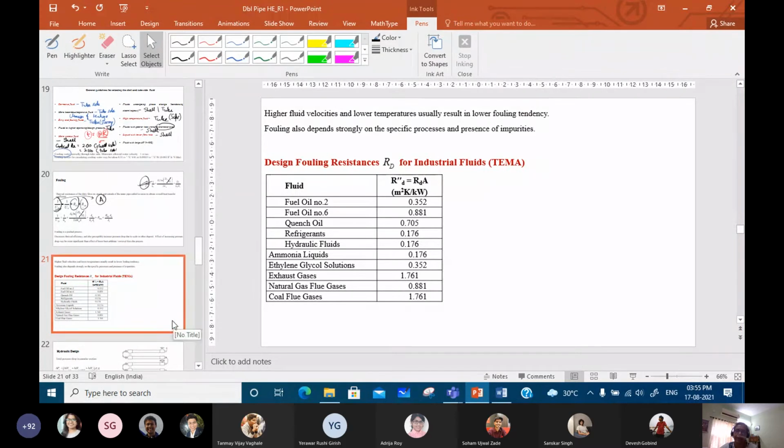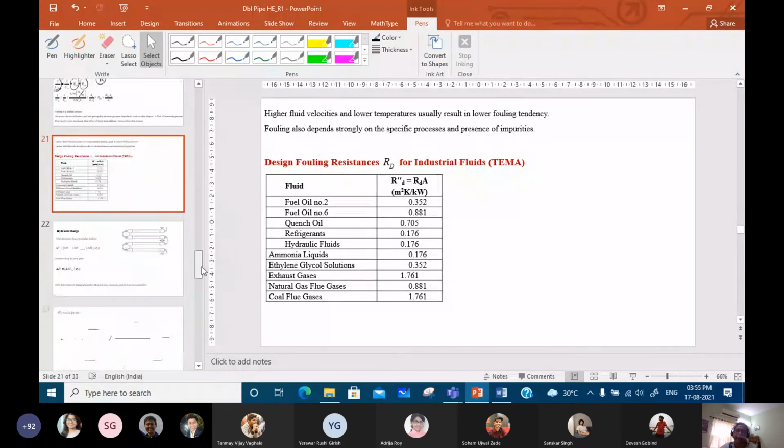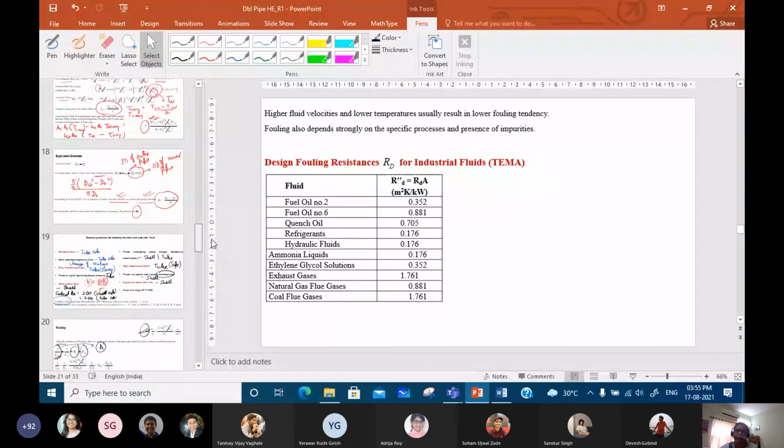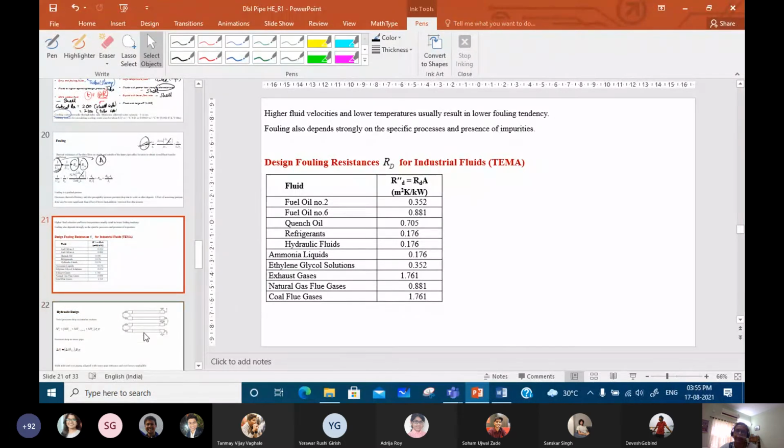Well, I think with this I'll be stopping here. Next, what I have is maybe the hydraulic design or the pressure drop, etc. So I think you go ahead with this, try to do as much as possible. And then see, hydraulic design, there is not much.